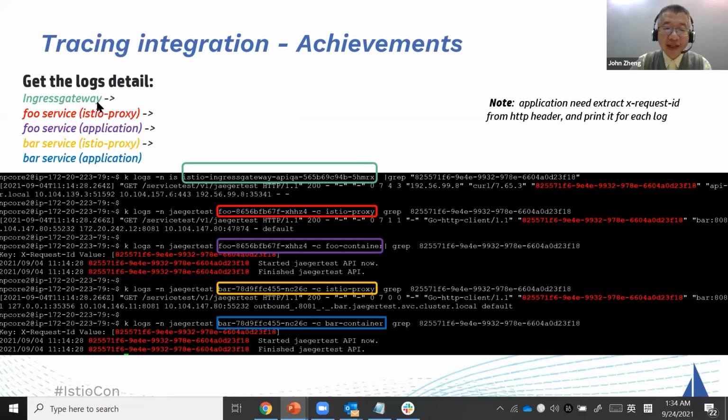And we want to get all the logs together. Since it goes to the Istio gateway, we will find the logs, query and grep the UUID. You can find the envoy access log is shown. And then we want to find the foo service Istio process and grep it. Okay, cool. It also shows up. And we want to see the foo container. This is our application container. You can find